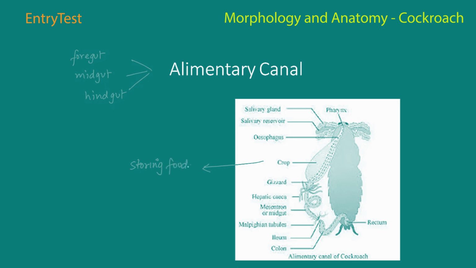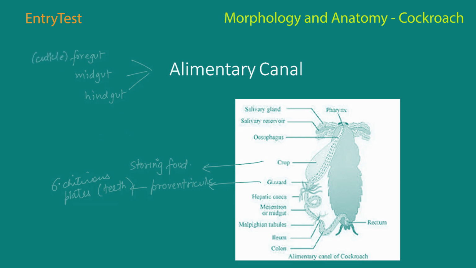After this, there is a gizzard or proventriculus. That is the other name for the gizzard. It has a layer of thick circular muscles and a very thick cuticle, and it has 6 chitinous plates called teeth. So let's mention it over here. The gizzard basically helps to grind the food particles using those teeth, and the entire foregut is lined by the cuticle. So we need to mention it over here.